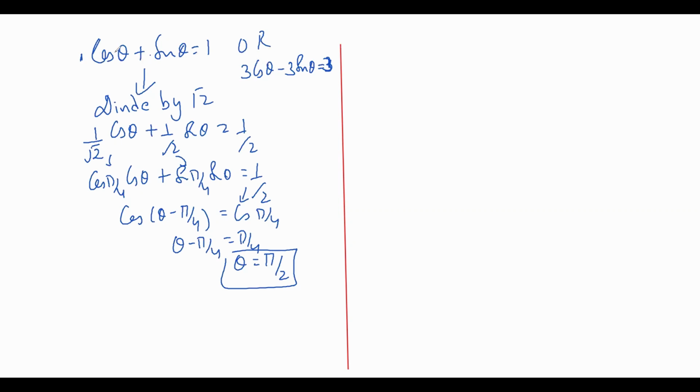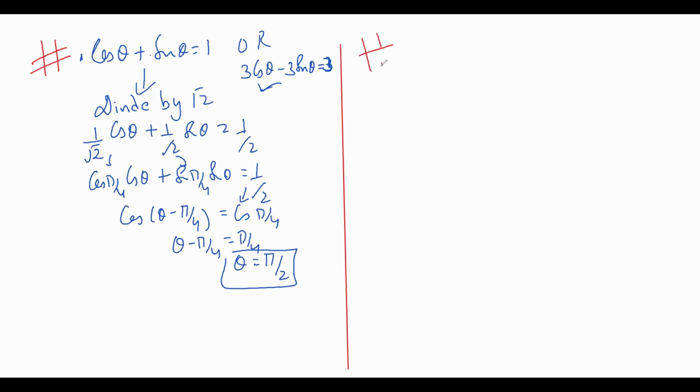In that case, you can take 3 common and take this 3 to that side, then the coefficients become 1 and minus 1. This is how you have to do this. Now, what we concluded is that in this case, we have to divide both the sides by root 2. So one more thing,